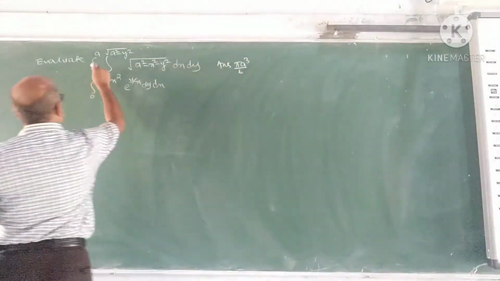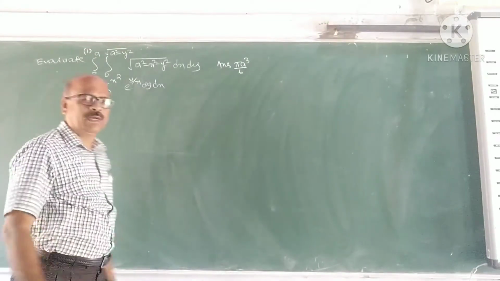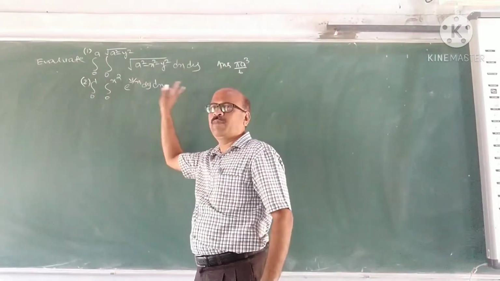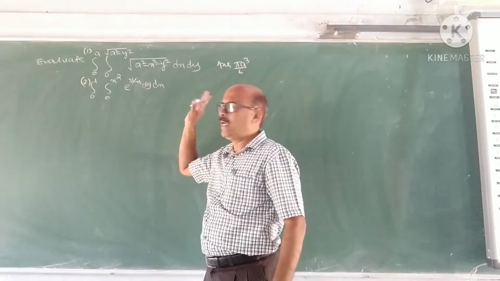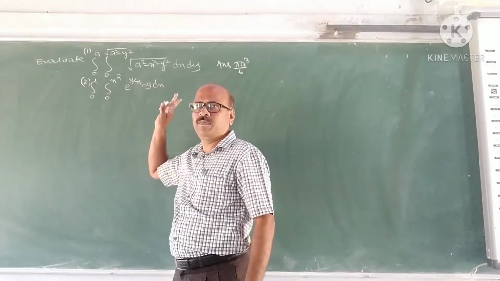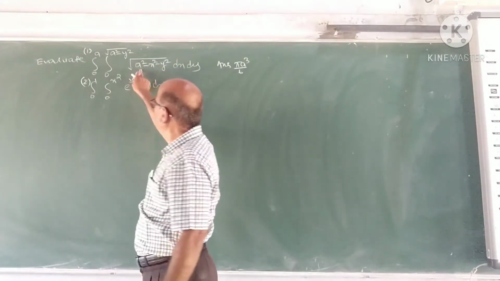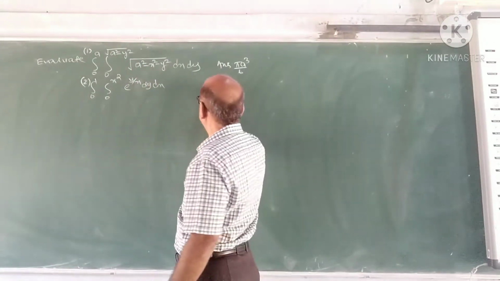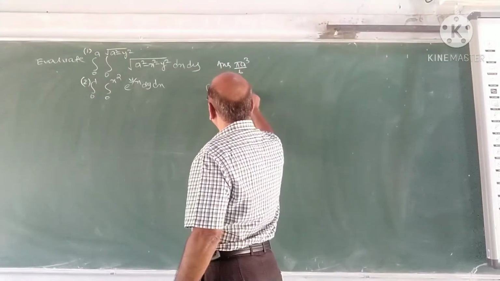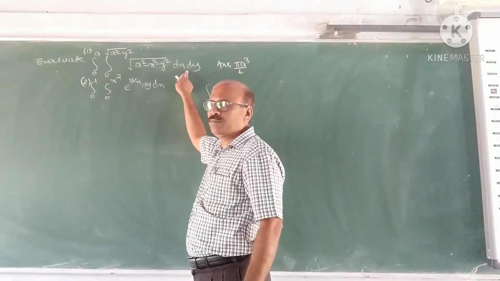Let us consider these two problems. How to evaluate the double integrals using double integrals as repeated single integrals. I explained already a few problems on how to evaluate double integrals. Now this is of the form, the integrand f of x y is of the form integral root a square minus x square, because we can integrate with respect to x or y first.